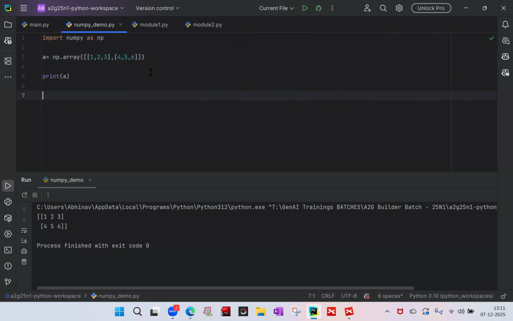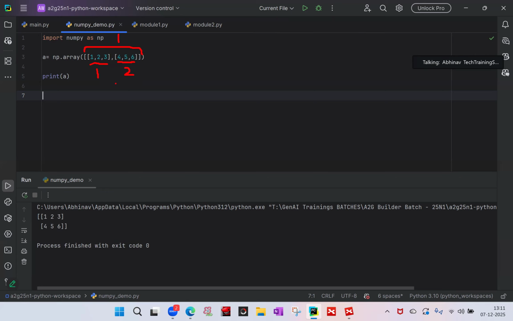Okay, if you run this program, one thing I want to show you is that this is the first argument, and this is the second argument. I mean, not argument per se. The argument is still one argument inside this array method. You can see this is one argument, right? Which is a list. And inside this outer list, you will have two elements basically, and each element